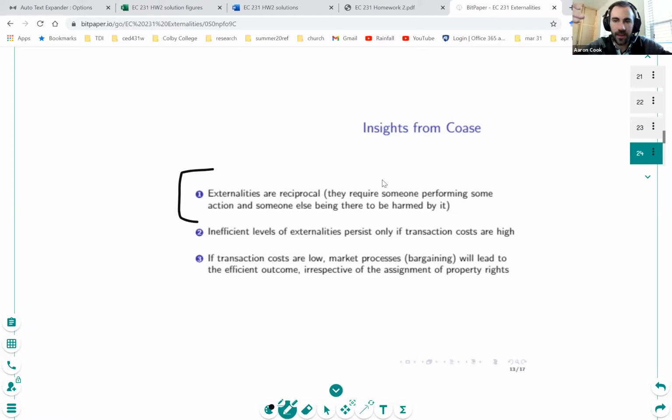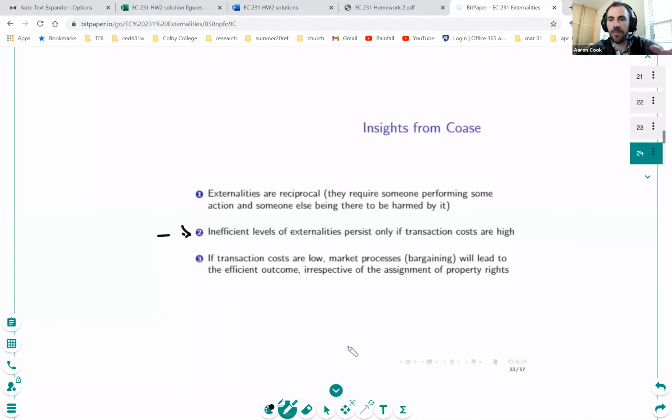The cattle rancher and the wheat farmer are going to have a much better idea of how much of a problem there is of straying cattle. They're going to have a much better idea of that than a bureaucrat in Washington D.C. is, and they're going to have a lot more of an idea of what the solutions are to that problem. And so one of the things that Coase noticed is that if you give people well-defined property rights, and if you specify in advance very specifically what the liability situation is,